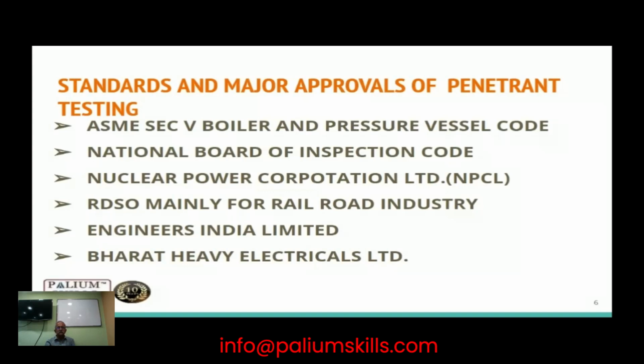Now coming to the next approval, the RDSO, as I already discussed, mainly for the railroad industry, but this RDSO specification is undertaken in many other industries so that they follow a certain specification. It is a very, very highly effective way that has been designed for penetrant testing. Similarly, Engineers India Limited, for various projects at project sites, has these major approval standards for penetrant testing. Bharat Heavy Electricals Limited, BHEL, has their own type of penetrant testing at sites, and they are being used regularly. Now,